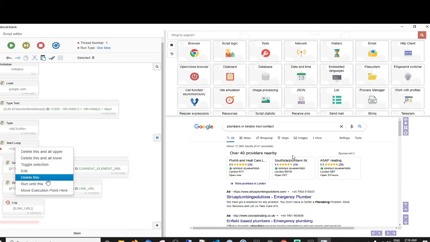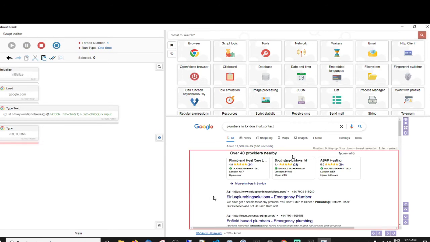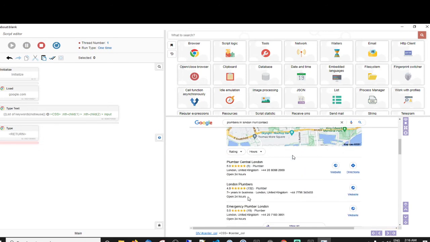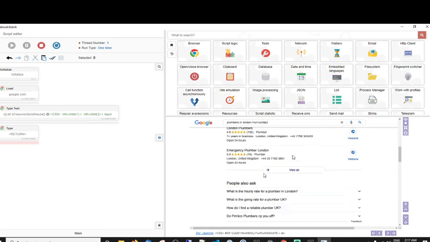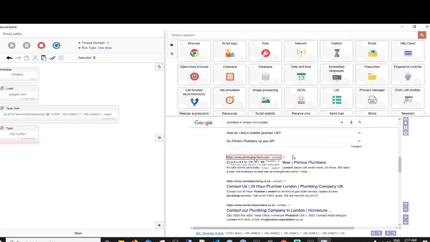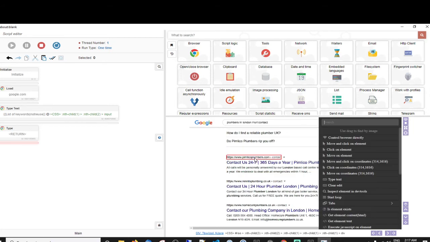Delete this. Okay, what I think I need to grab is this, and I don't care if it grabs the ad ones as well, because we can do some work with what it grabs after it grabs everyone from the page, which it'll be more clear shortly what I mean by that.